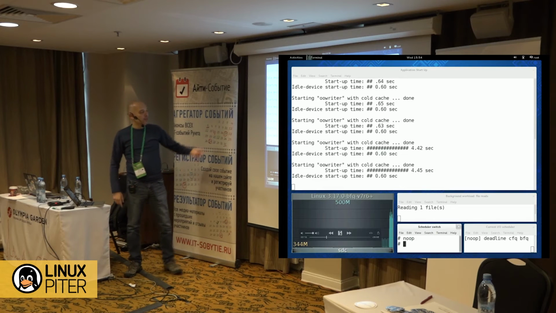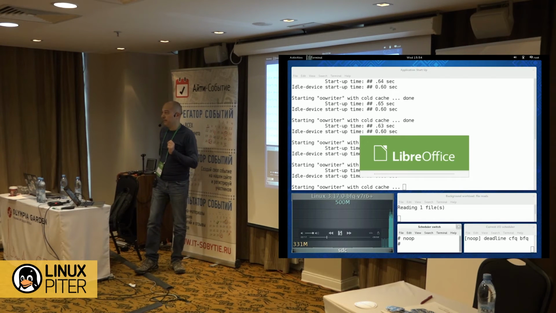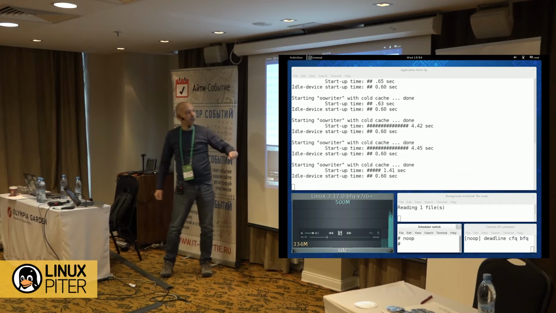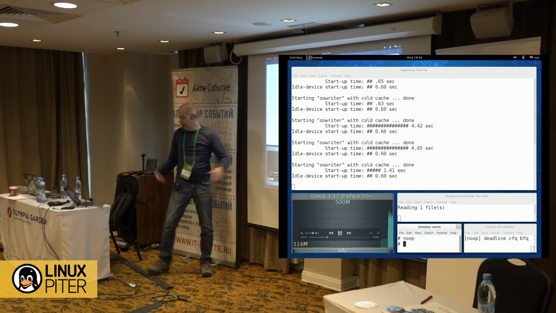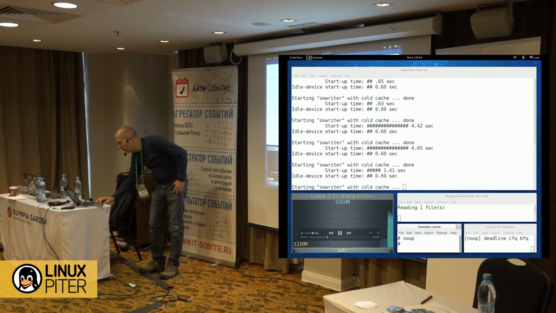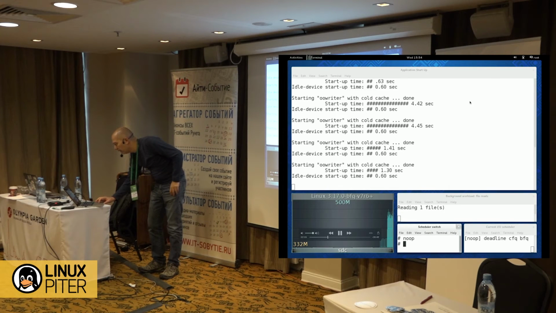If you switch the knob, the situation is a little bit better with just one file. But with deadline, about the same.